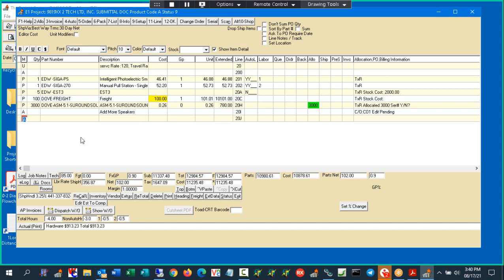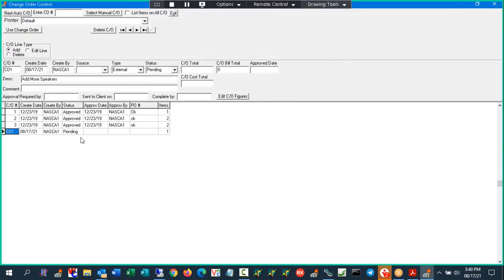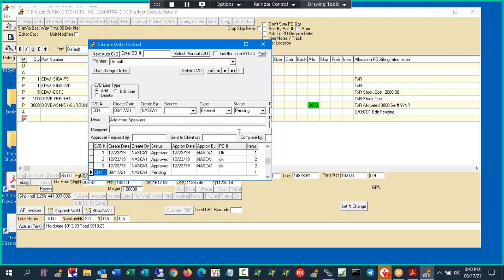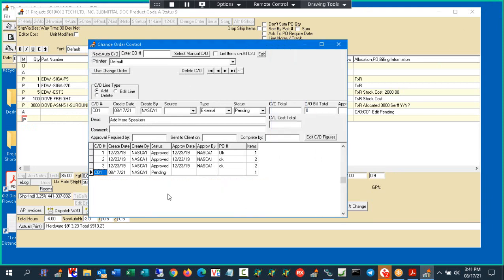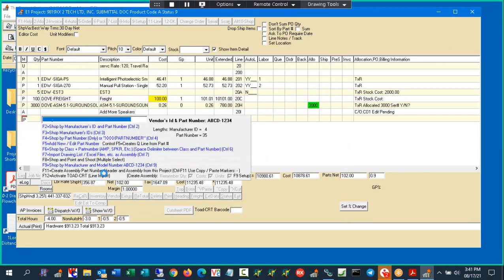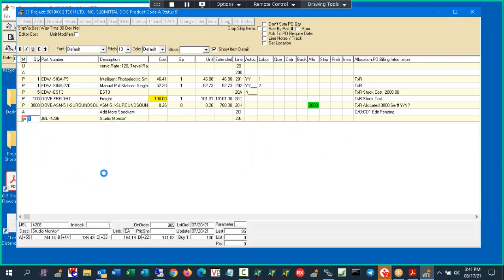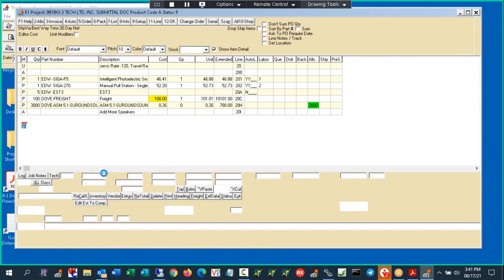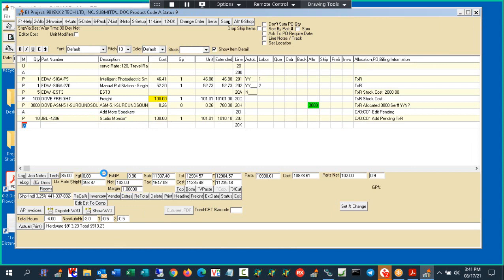And so if I add a real part, notice it prompts me for the change order again, because everything's now going to be under this change order. I just shrunk that down. Normally I don't have a full screen. I'm going to use this change order like so, and now I'm going to add a speaker, JBL 4206, like so. 10 of these, there's my cost and sell, like so. So now I can continue to do my project